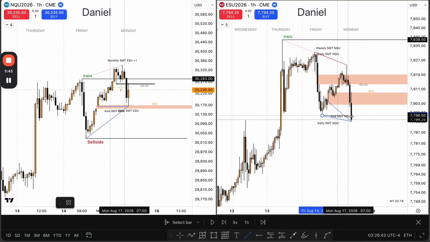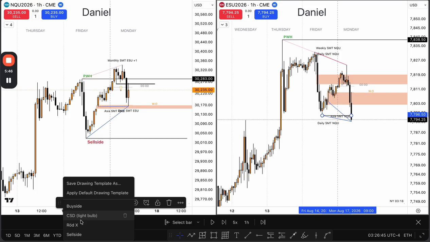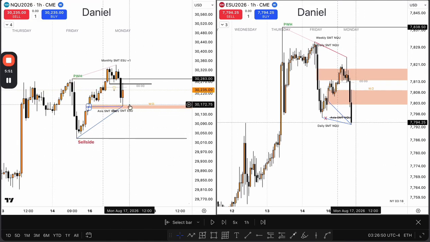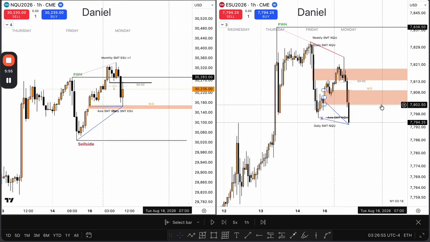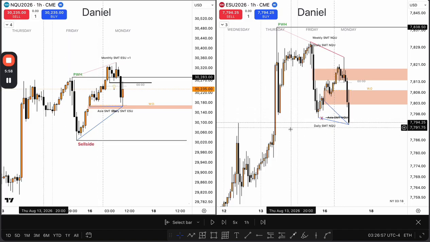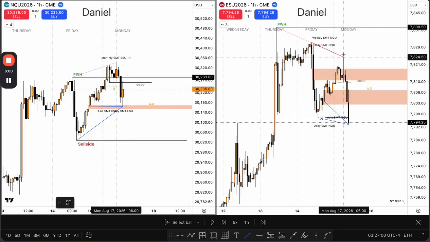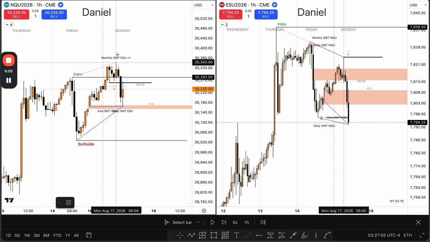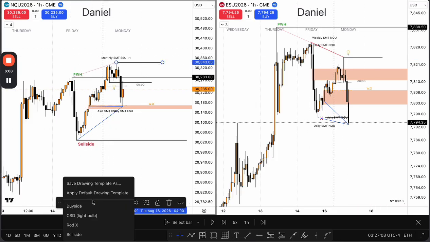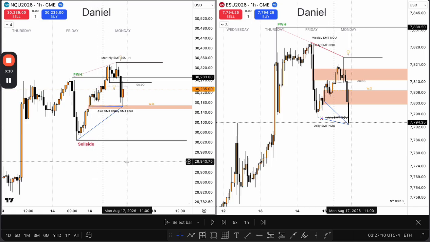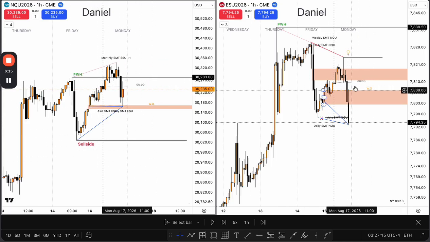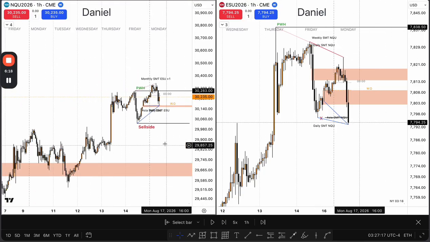Now, what rule did we just discuss? We talked about when does this actually become SMT rather than, in this case, NQ lagging behind to the downside. It comes down to CST, meaning for us to say, okay, we indeed have daily SMT on this time frame, we would have to wait for ES to take out this high and NQ to take out this high to tell us, okay, we indeed have SMT on the lows and we are drawing higher. But until this and until that takes place, we are in a bigger purge and revert